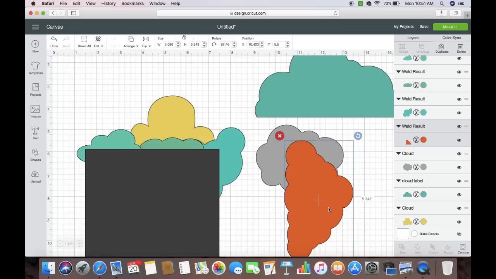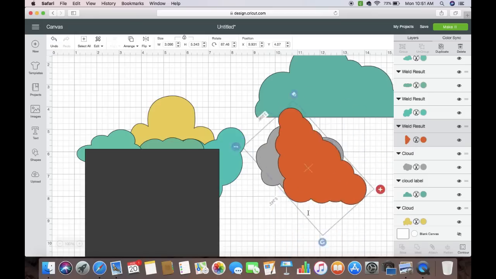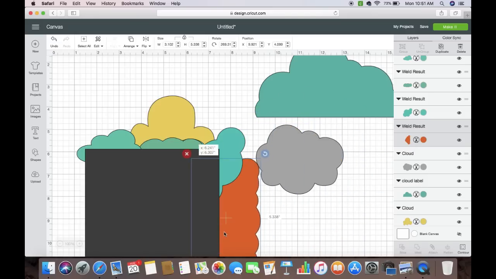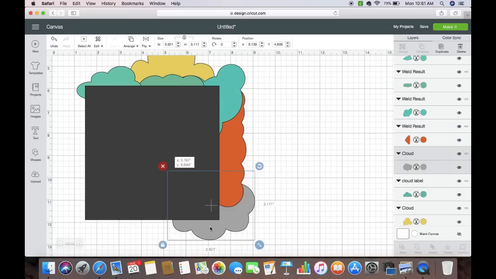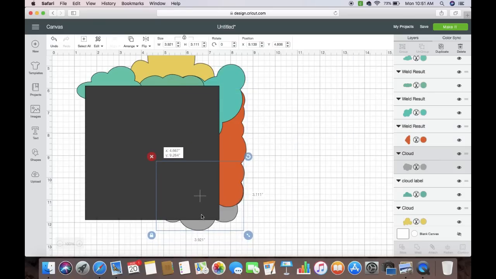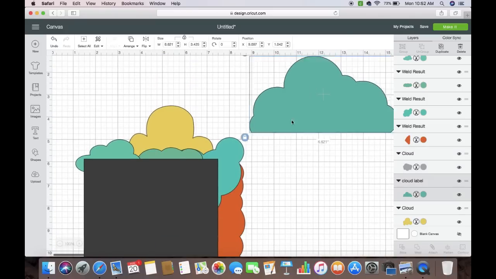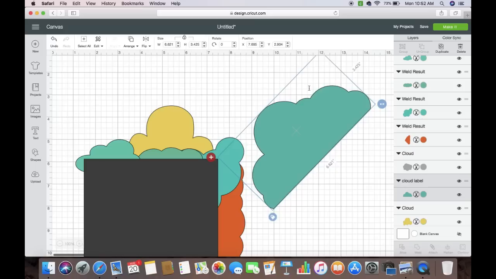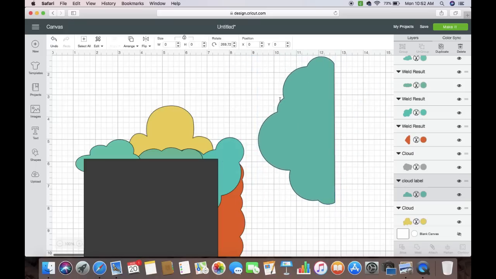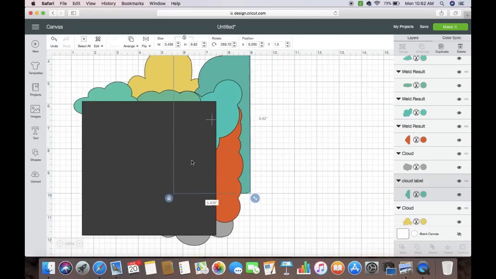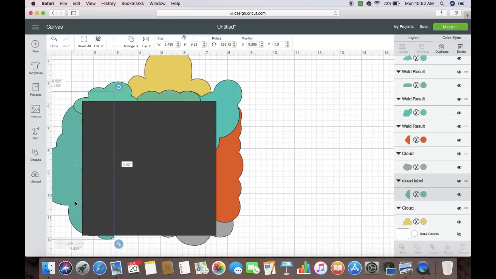So I can have that one, or I can rotate it all the way around like this to have more of a flat edge. So we'll kind of come up in like this, and then come down, just continuing to go all the way around, just like that. And then I'm going to take this one here, and I'm going to rotate it on this side. I'm going to put it right about there,